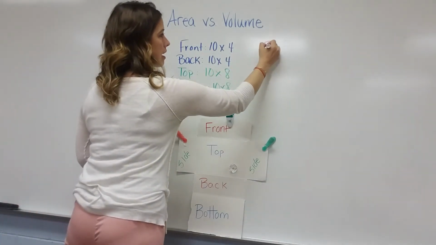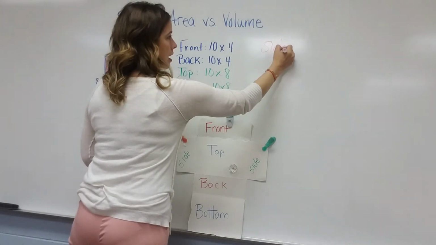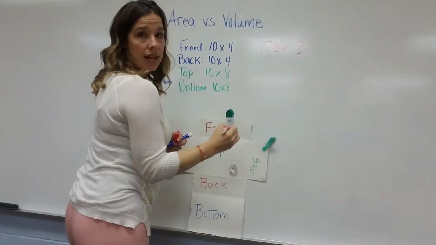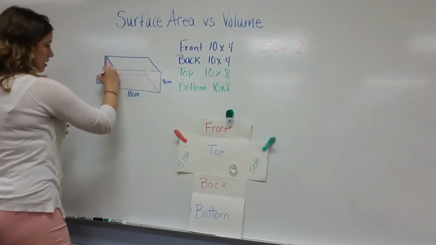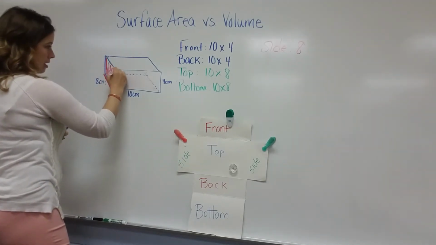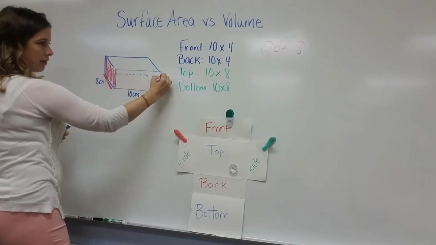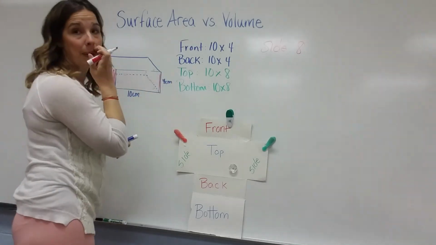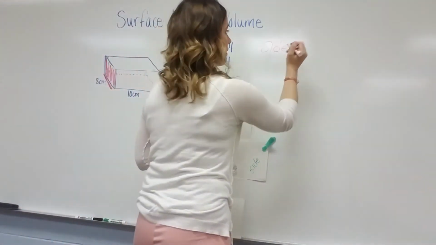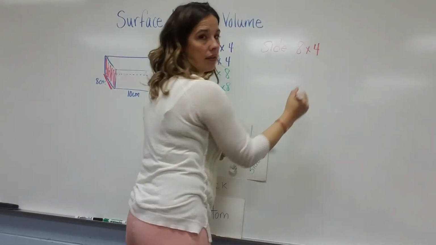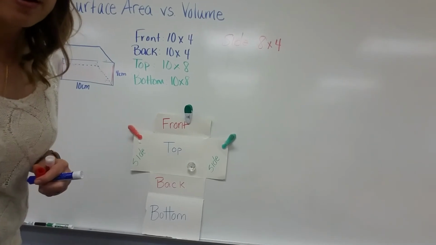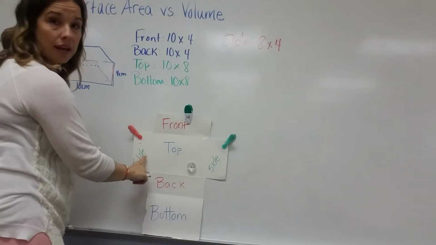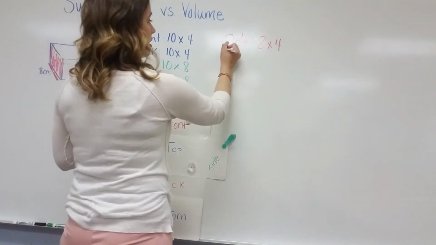So I have my side, and it's 8, and then I look, there's my length, my width is right here, okay, which is equivalent to this over here, so it's 8 by 4, okay? So if one side is 8 by 4, look, that means the other side is 8 by 4,